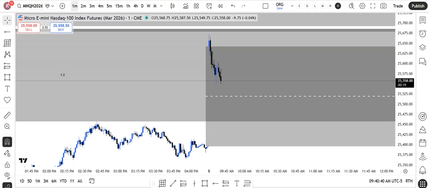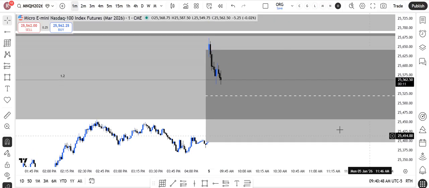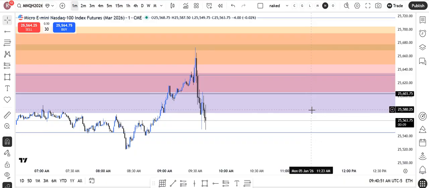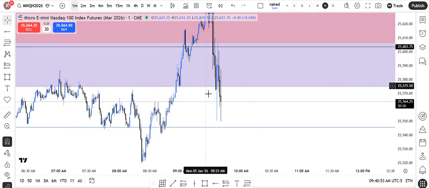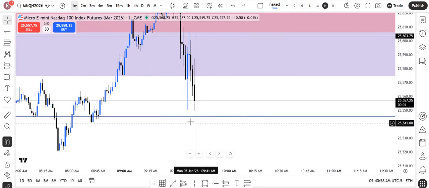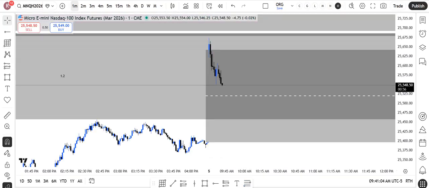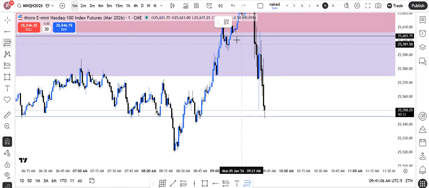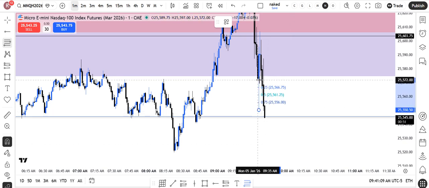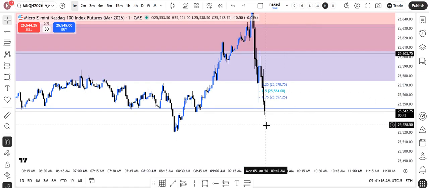Yep. Now we're below this low. So now I'm watching this wick. Hold on, I'll go to another chart. I'm watching this wick now. And if it closes below more than halfway, like that, then now I want to see it. See, now it's getting closer. Hold on, where's my fib? I want to see it stay below this area right here. I want to see it stay below there, and still gravitate